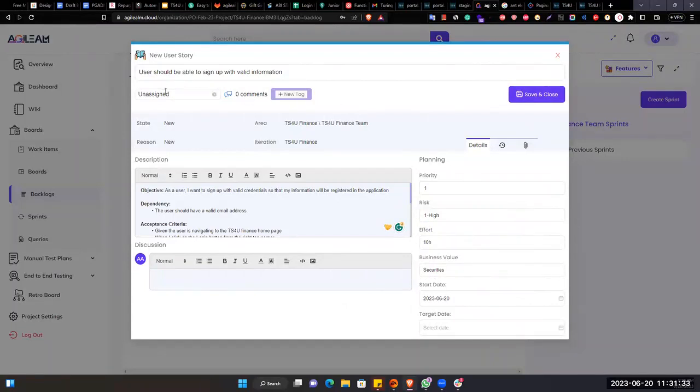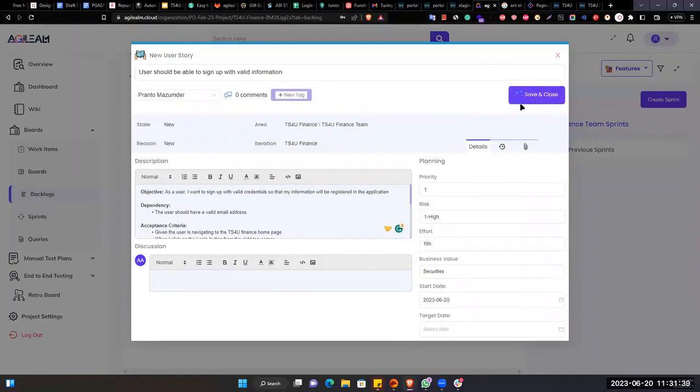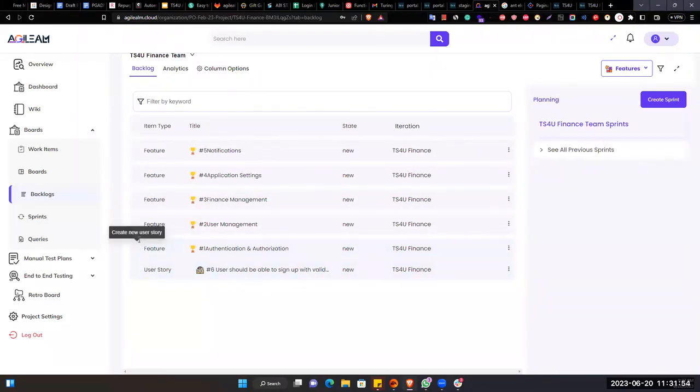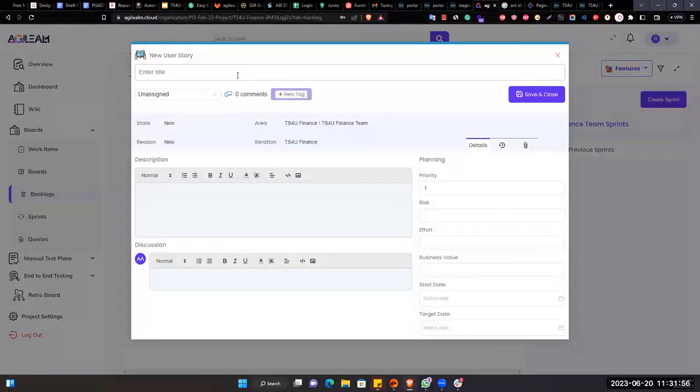Then as usual, here you can assign yourself or assign to someone. Let me assign mine, and then save and close. See, this user story is under the authentication and authorization. So this is for the sign up. So let's create another one for the sign in. The user should be able to sign in to the